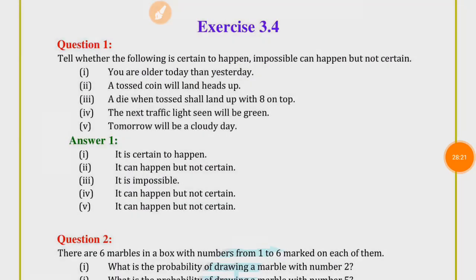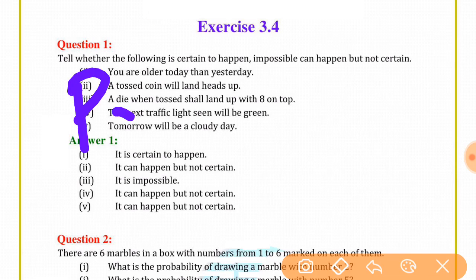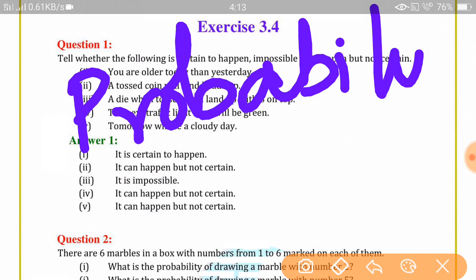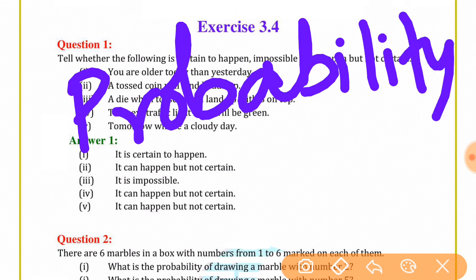See, the 3.4 next exercise. Just briefly I'll explain. This is probability. Probability means possibilities. It may happen. It may come in cards and all like that. I can choose the ace, I may get the king, like that. You choose among the possibilities, no? Like that it is helpful.